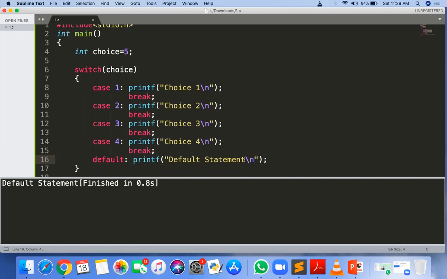Sir, whatever is there, an int, that only should be beside case. Yes. Actually here I am hardcoding this value, but we can take this value from the user, that is, enter your choice, and we scan that choice from the user. The user can give any choice, that is 1, 2, 3, 4, 5. Okay, the user can enter any choice, and depending on the choice decided by the user, a particular code is executed here. Got it?